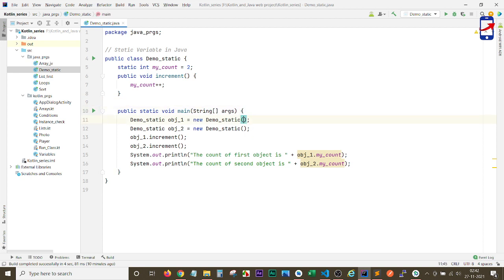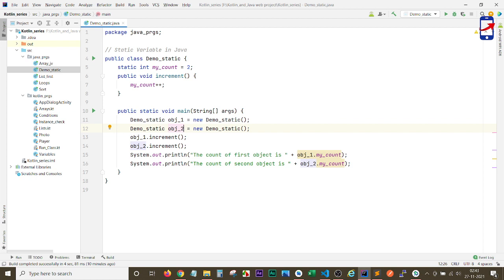So we have created an instance of the demo_static class. Instance, as you all know, means we create an object of a class. We have created two objects.